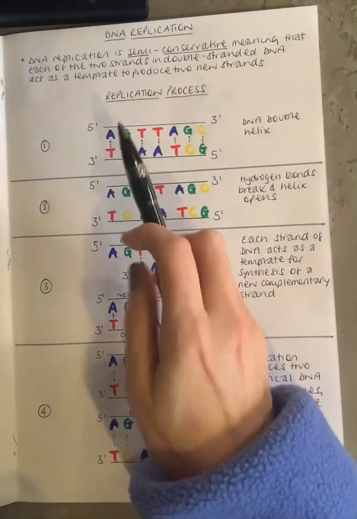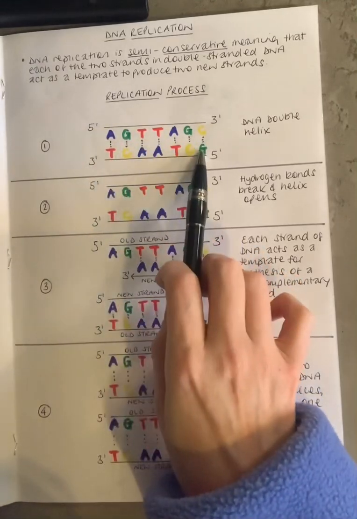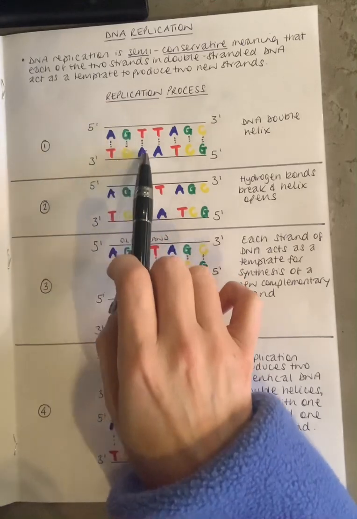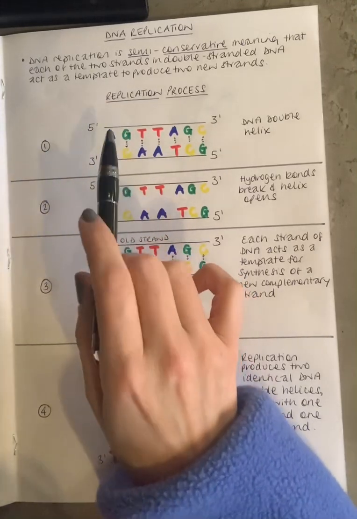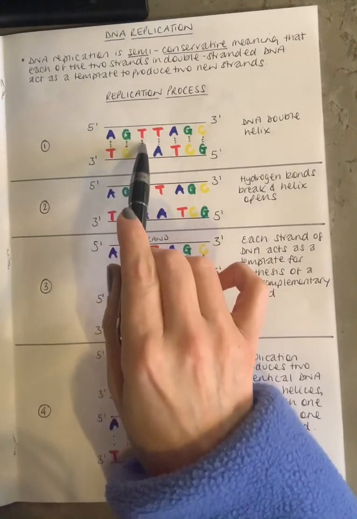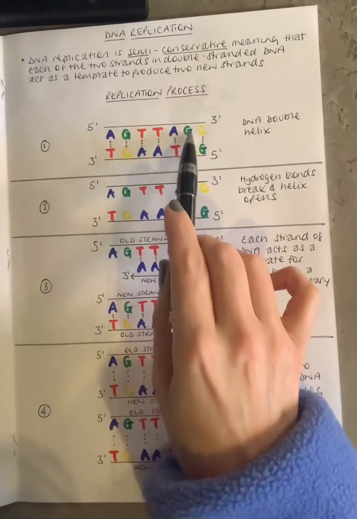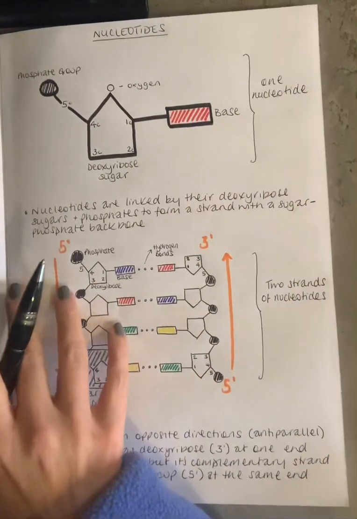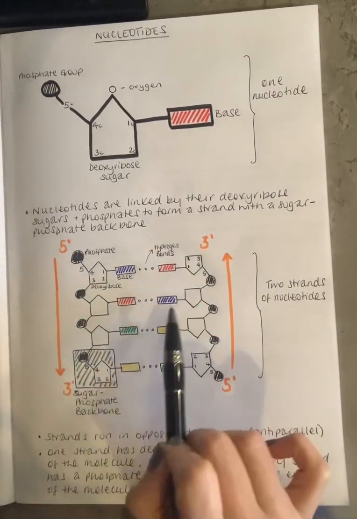And what's happening here is we have our two open strands. It's no longer in a spiral. And as you can see, we've got our nucleotides. They're complementary. A is always with T, G is always with C. These little dots represent the hydrogen bonds. So if I take you back to this diagram actually, these are anti-parallel